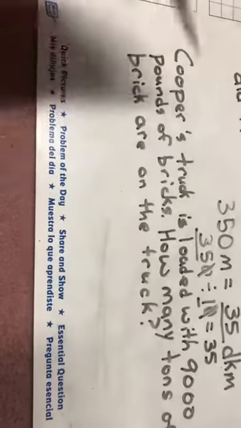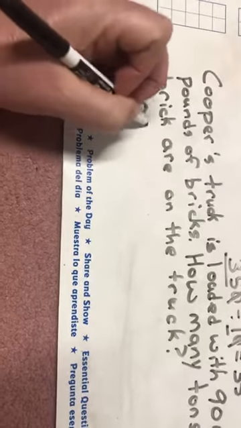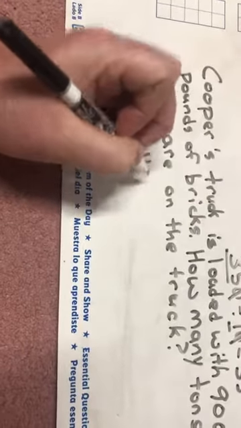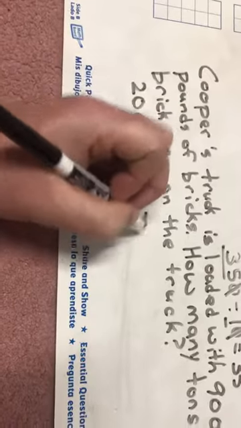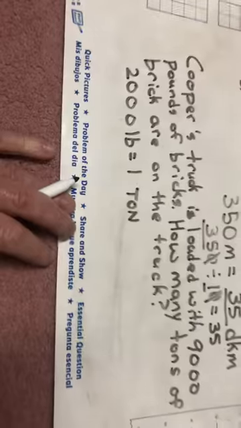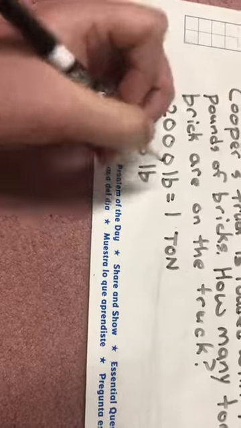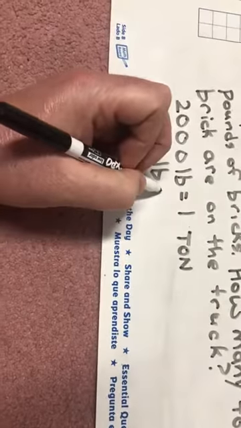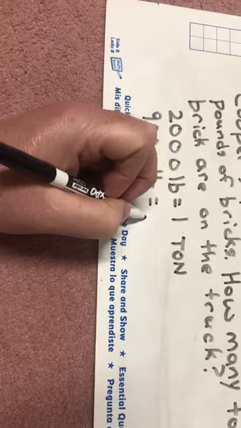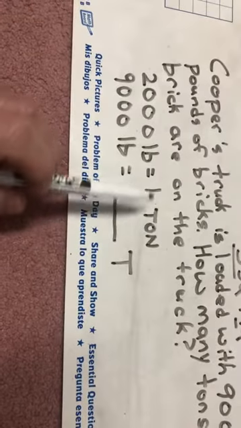Well, you're going to have to remember the conversion from U.S. customary units of weight. 2,000 pounds equals 1 ton. You're going to have to remember that conversion. But I have 9,000 pounds. Well, Cooper has 9,000 pounds, and he is trying to convert that into tons. Well, since it takes 2,000 pounds to make 1 ton,